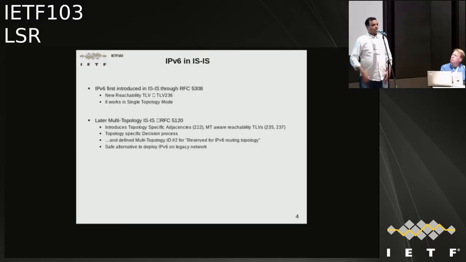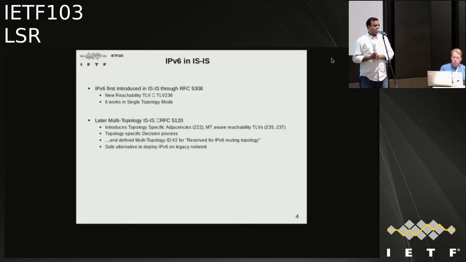I'll just go back. The two options we have: we all know RFC 5308. The moment you say IPv6 IS-IS, people think about RFC 5308. I see some of the drafts, for example DC underlay drafts, when talking about IPv6, they mention this draft, but I'm not clear whether they want to serve both IPv4 and v6. This case is a single topology mode, so you compute one SPF and one decision process, and you end up with both v4 and v6. That is a key point here.